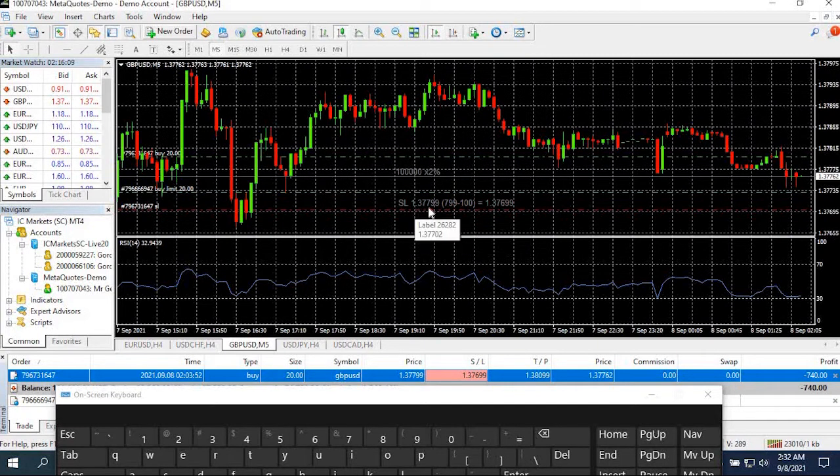Right, so 137,799, which is the current price, right, minus 100, because you can get 100 from the last 3 digits. You minus 100 from that, leave you with 699, right? So you just add the total figure, and you will have a stop loss of 1.37699. So for the take profit,